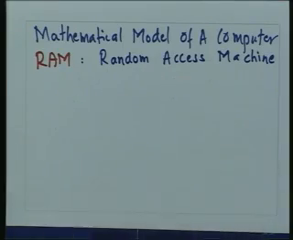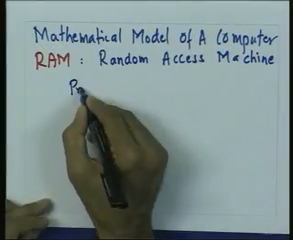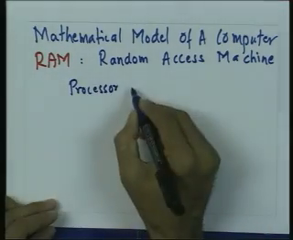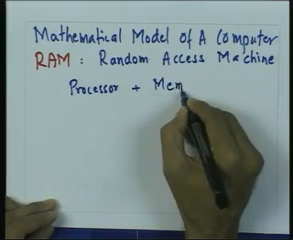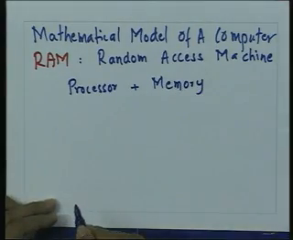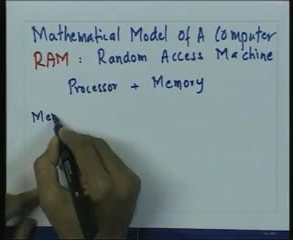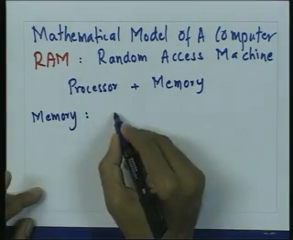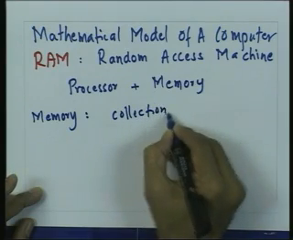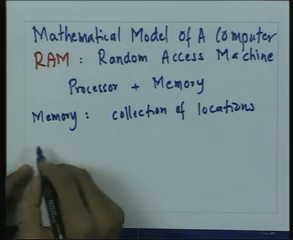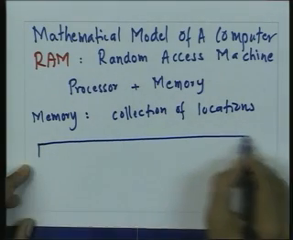This is a very simplified computer model, and it basically consists of two parts. So there is a processor which will be executing programs, and then there is going to be a memory. The memory is going to be a collection of locations. And in fact, it is convenient to think of the memory as an array